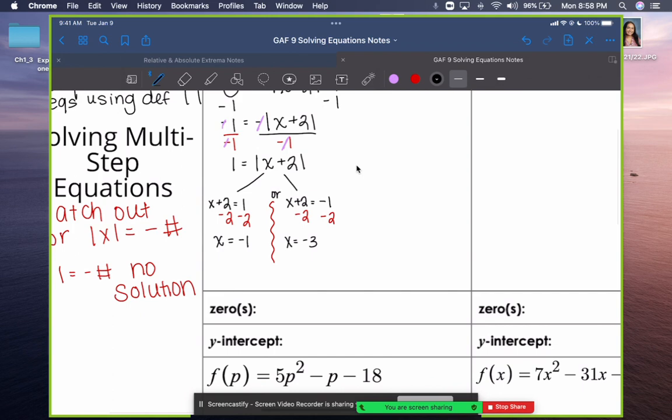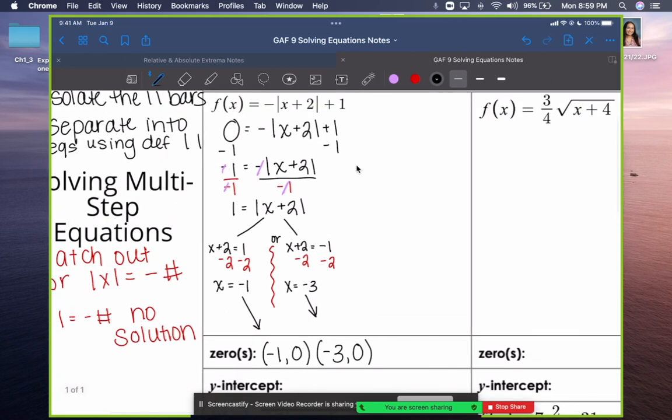All right. So now we can go ahead and write these as points. So our x equals -1, we can write that as -1 comma 0. And our x equals -3, we can write that as -3 comma 0. Okay, so in this case we have 2 zeros, and that is because our absolute value is always going to result in positive, but that doesn't mean that we couldn't have had a negative value. Okay, all right. So for our y-intercept,